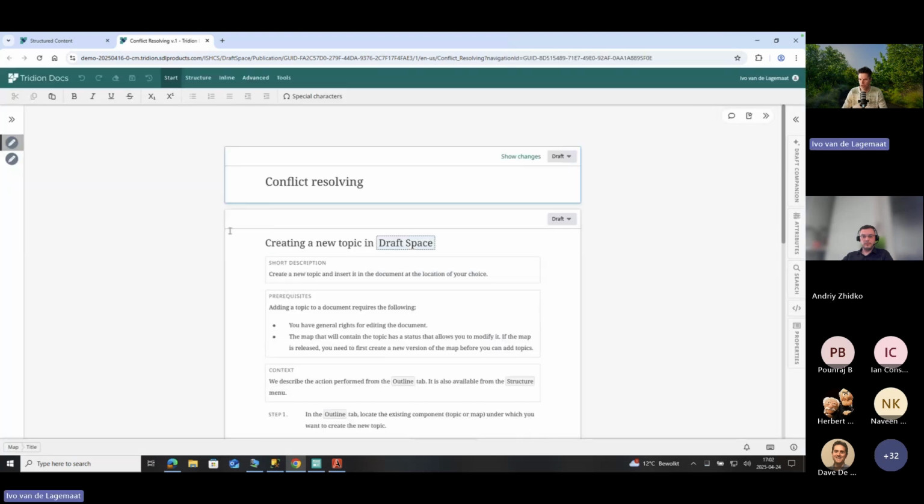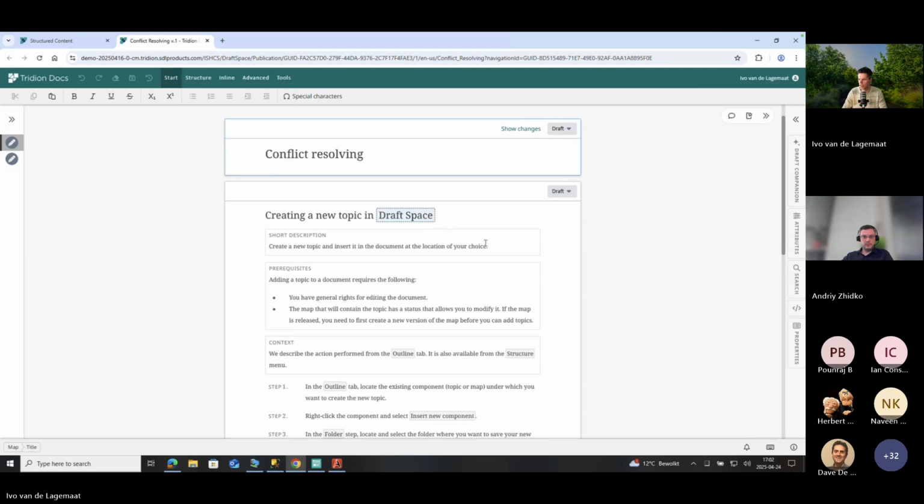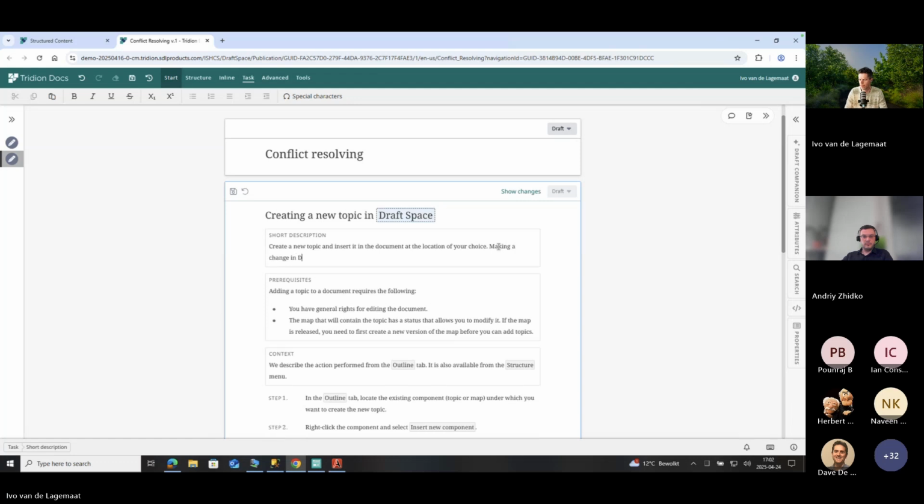Load the components, yes. You're going to make a change. I'm making a change in DrawSpace, but I'm not saving it. So I'm just in a situation that it's